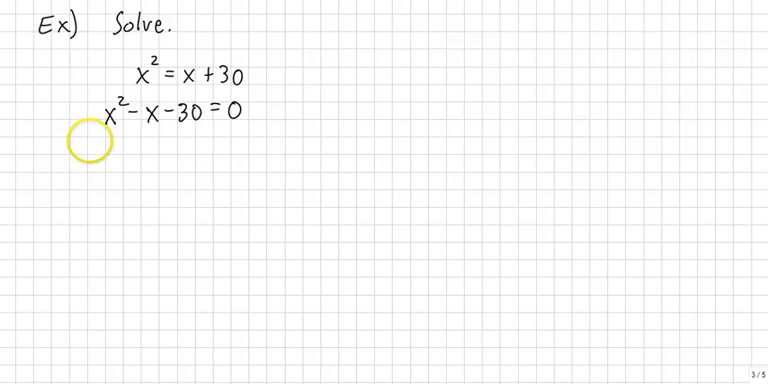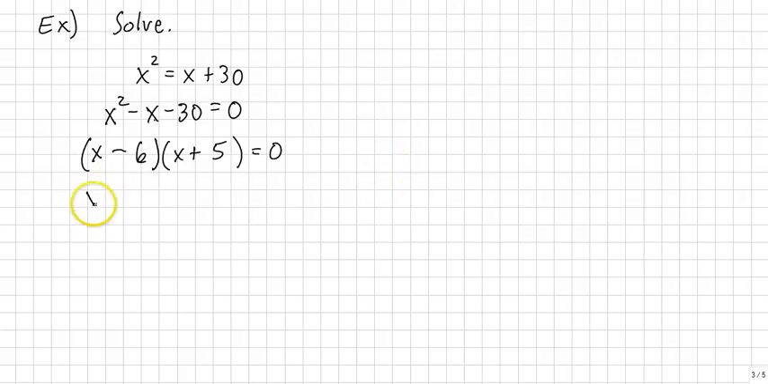So the first thing we're going to want to do is factor that polynomial. That's why we spent so much time learning how to factor. It's one of the reasons. So factors of 30 that differ by 1, we'll have 6 and 5. And if we get a negative 6 plus 5, we'll get the negative 1. So now it's factored,